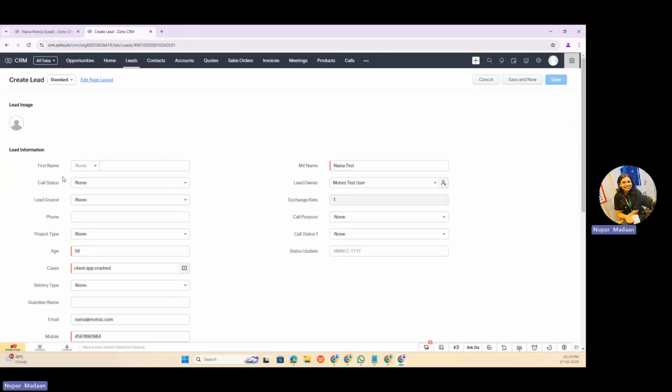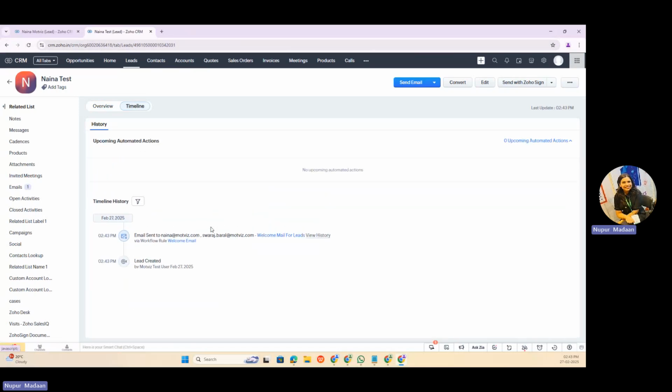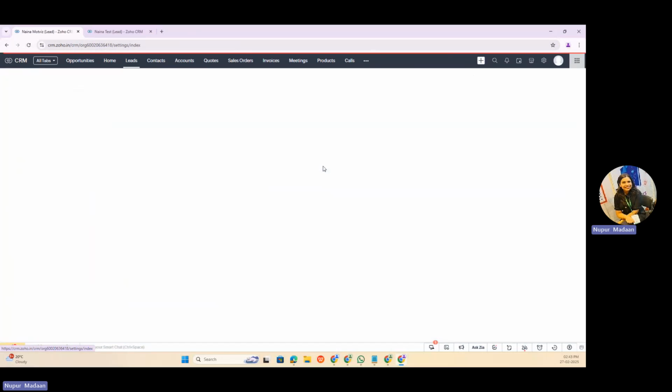Now you will see that the email, when triggered, will be sent to this email ID as well as to Swaraj, because Swaraj is an additional recipient set in the workflow actions. Now, going back to the workflow setup,